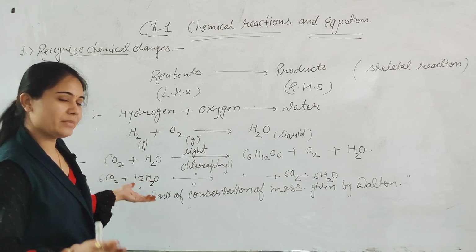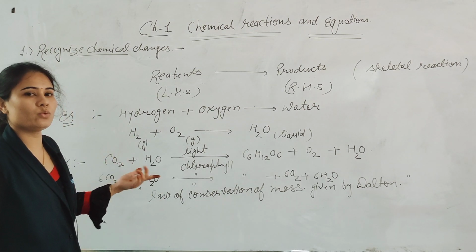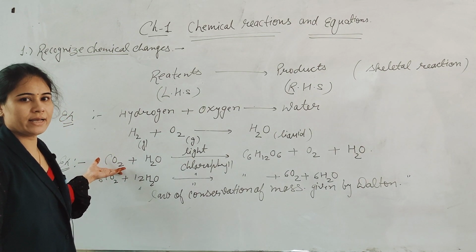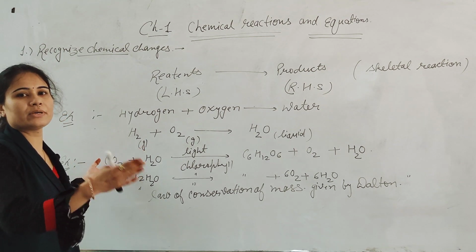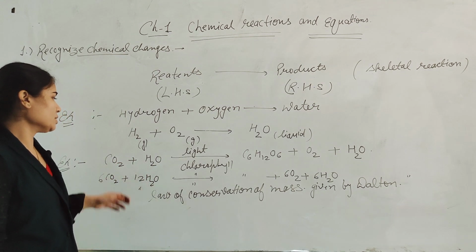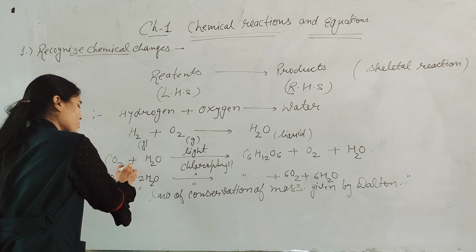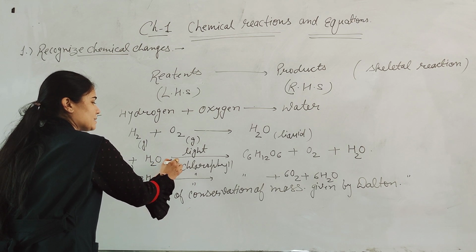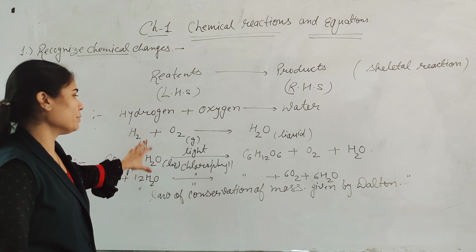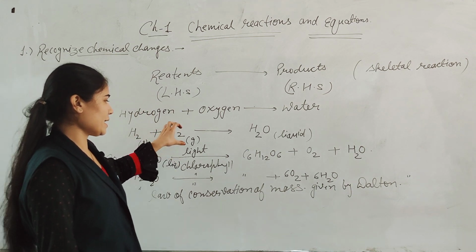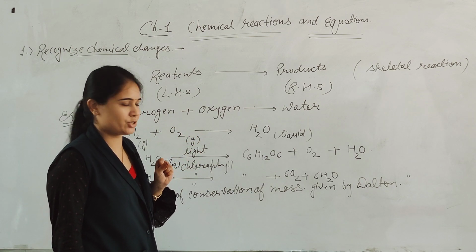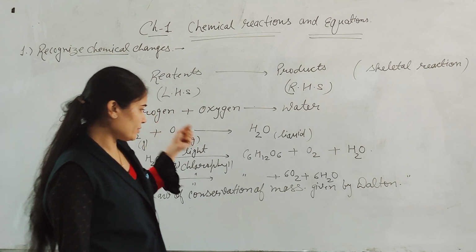Okay. Now I am taking you to the next example to explain what a chemical reaction is, that is CO2. This is carbon dioxide, and we have already taken these types of examples in 9th standard. What is a chemical reaction exactly? This is CO2. This is also existing in gaseous form, and this one, H2O, is existing in liquid form. CO2 reacts with H2O, but under a few conditions, just like light and chlorophyll. These are important or necessary conditions for a chemical reaction. So the final product we will see is